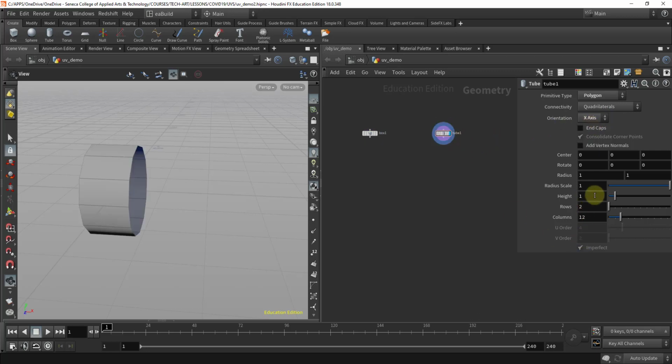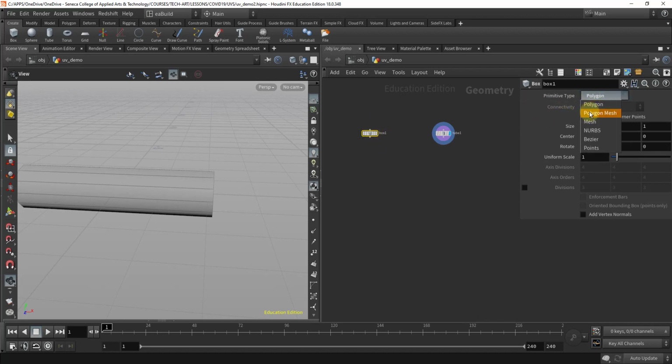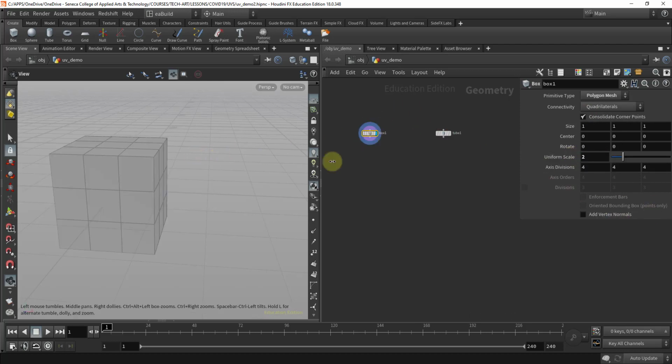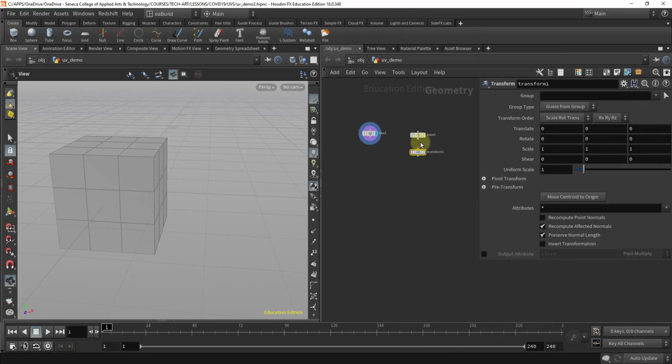So as we can see here, I'm going to lengthen it a bit and reduce the scale to about 0.5. The box itself, I'll convert it to a polygon mesh and increase the uniform scale to 2. So it's a little bit bigger. And what I'm going to do is merge these two objects into one slightly more complex looking shape. So I'll add a transform node to the tube